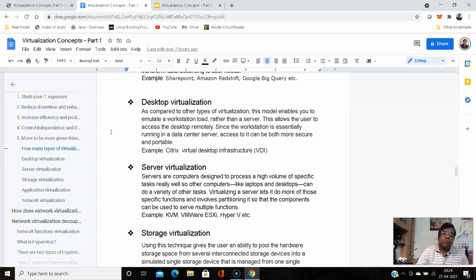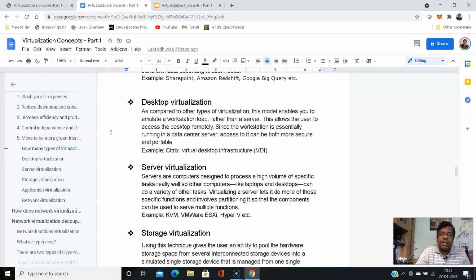But in desktop virtualization, workstations are hosted in a data center, and you can use the desktop from any computer, your laptop, a physical desktop at the office, or any kiosk, wherever there is internet. You can connect to the desktop interface over a browser from anywhere.